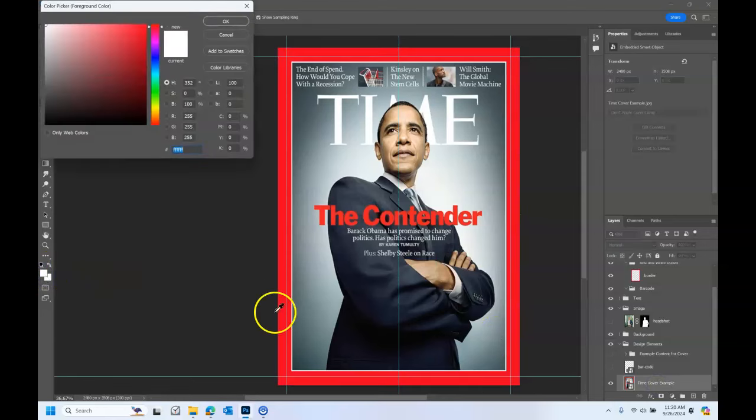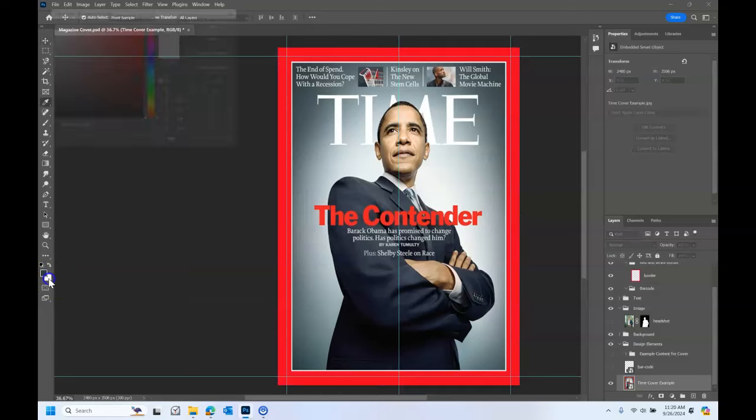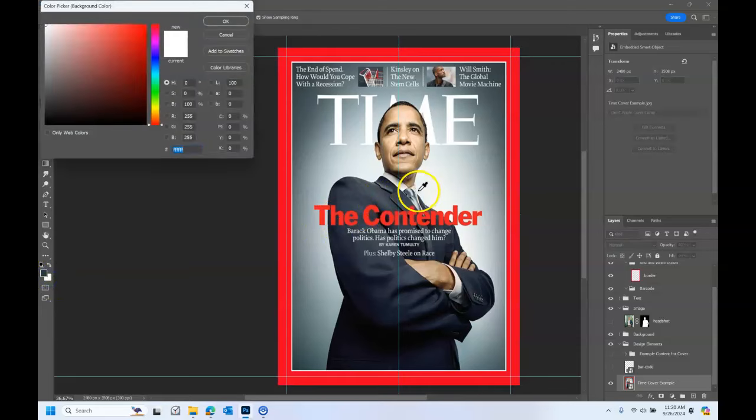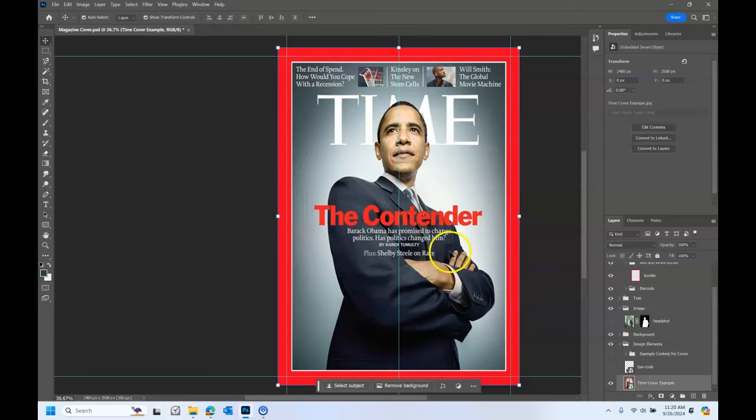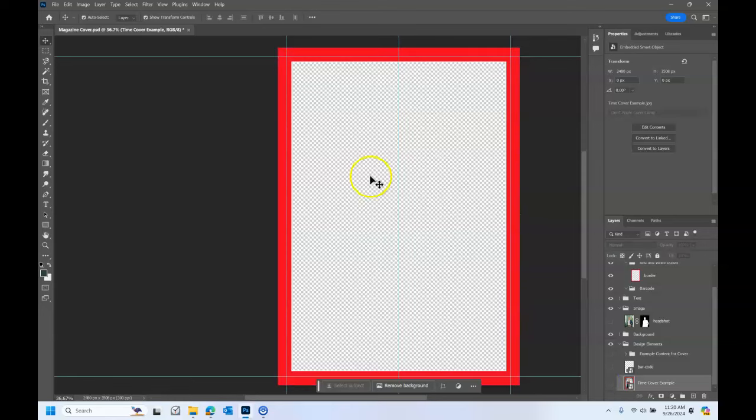For the foreground color, I'm going to select this dark gray one down here, kind of a greenish gray. And then for the white one, I'm going to select this right behind President Obama's collar here. It's a nice, slightly gray-white. Now that I've got that selected, I'm going to hide the President Barack Obama layer and come over here and